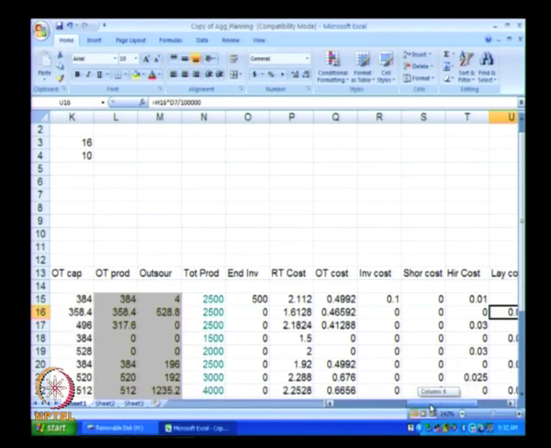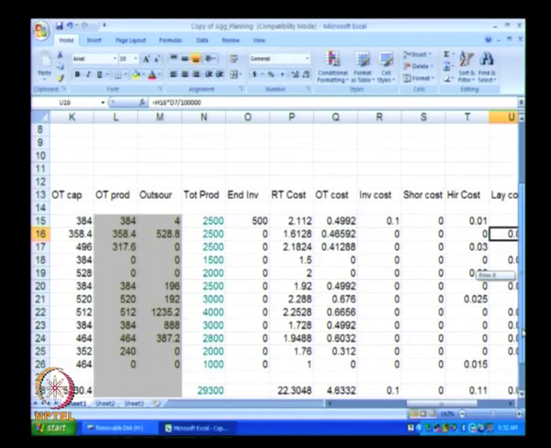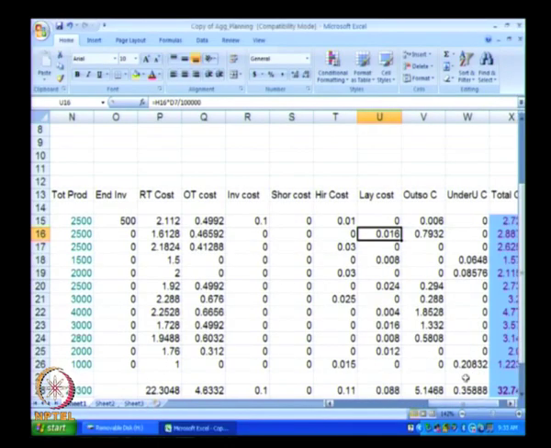Now, you also see, if you look at the ending inventory column, we do not have negatives. So, at no point do we have shortage, all shortage costs are 0. If we look at the month of, say, if we look at this month,